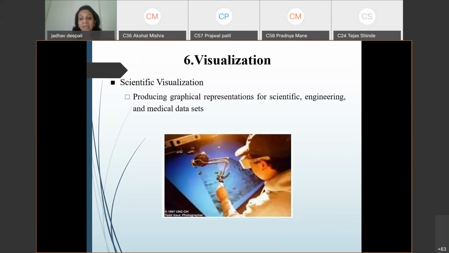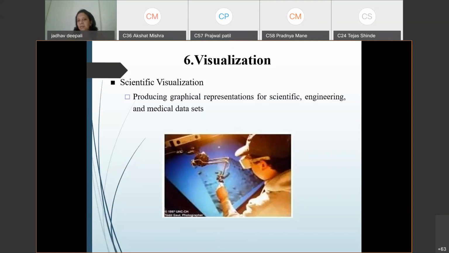So for that a data set is required, and in that case the graphical representation of that particular thing is used. For a medical data set, for example, a person is researching a brain tumor. The researcher needs previous images of the brain tumor, so that he can find out a particular thing and make research on that tumor. So he requires the previous images.